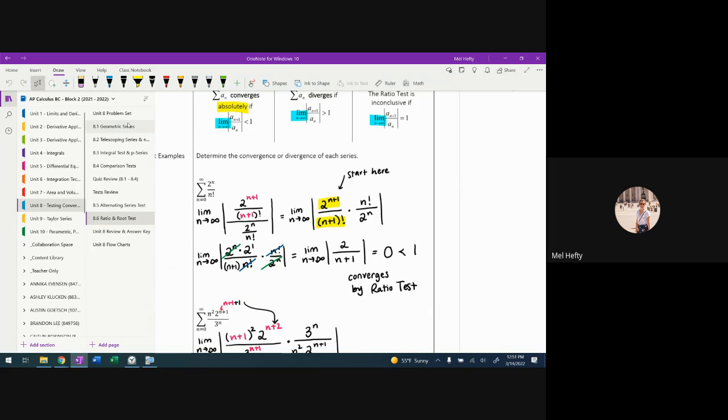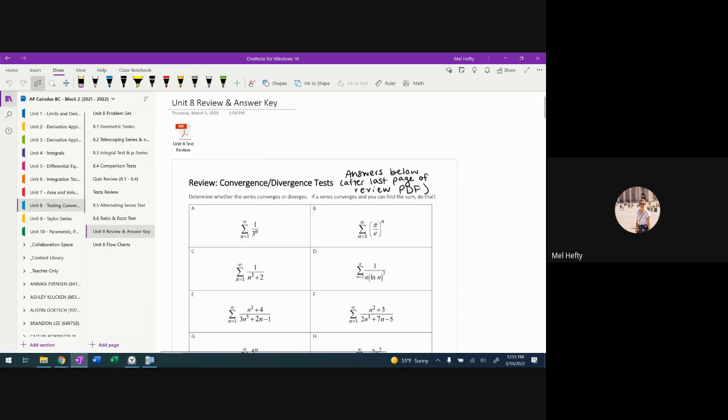So as a reminder, the way I would review for this test, please make sure, one, that you know the conclusions for the test. So if you're doing ratio tests, you get greater than or